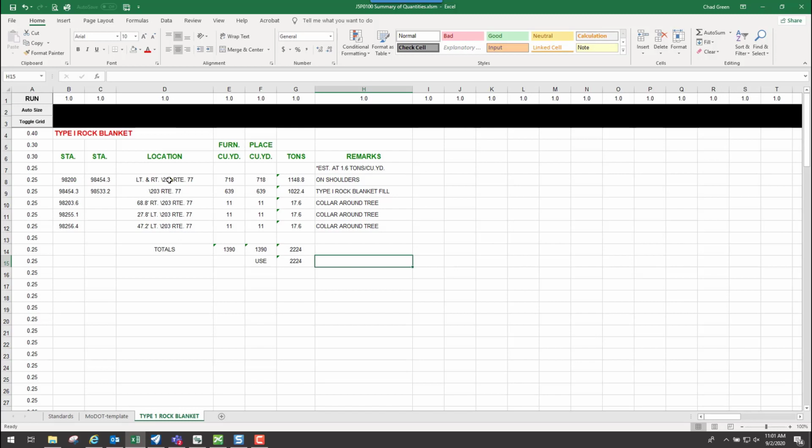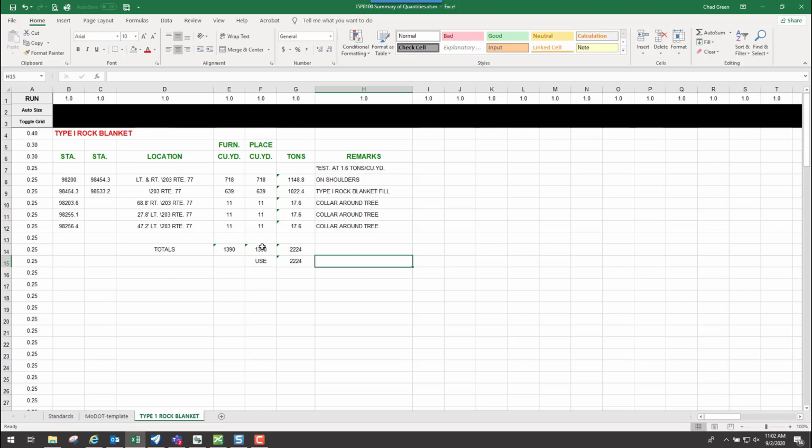Another thing that you'll notice is right here I have that \203, which what that's going to do is if you want your special symbols like your baseline, your center line, plus and minus, certain special symbols that the Mo.3 font uses, and you want those to be incorporated into the MicroStation file, you can put those values inside here, and whenever it gets mapped over into MicroStation, it will have that center line symbol or baseline symbol or whichever value that you're putting in here. And for this \203, that is that center line symbol. So that's why those are in there.